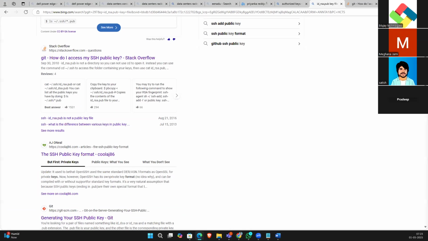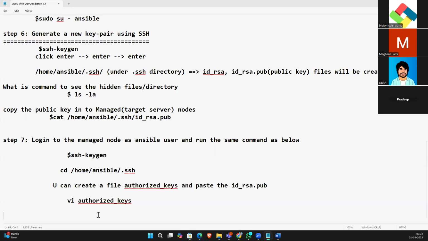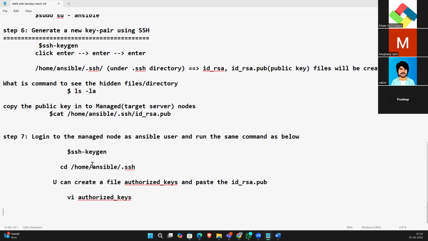Just the key file, you know, right? Key file. You just add that key file. Write it, guys. Okay. So this is done by all the nodes, right? So next, step 7, step 8, right? Step 9,